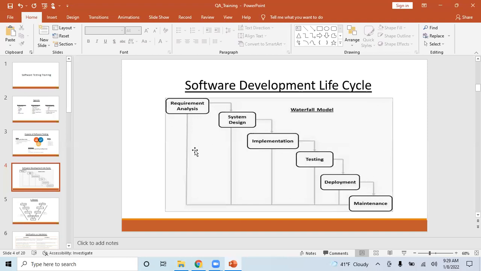We will discuss Scrum in tomorrow's session. But this is, at a very high level, how software is developed in real-time projects, what the process of developing a software product is, and what teams are involved and how.